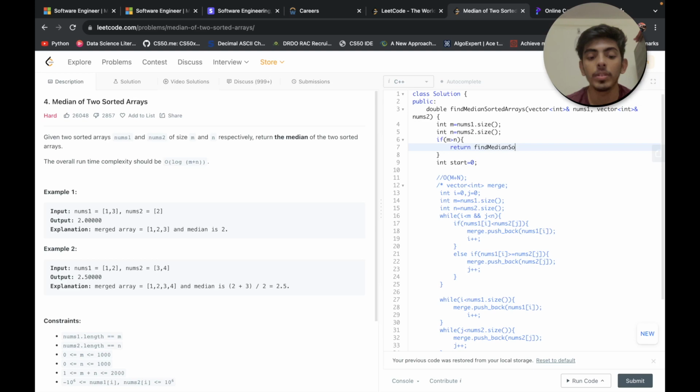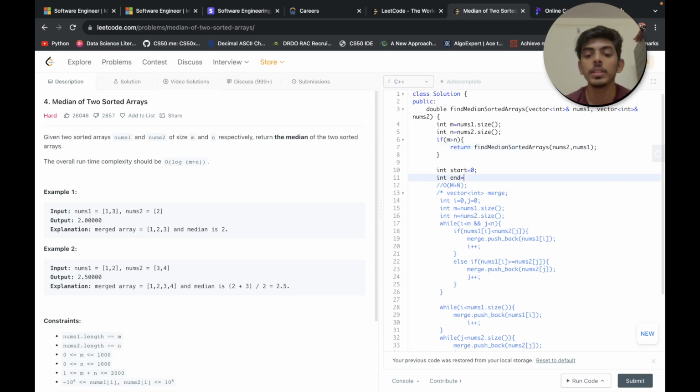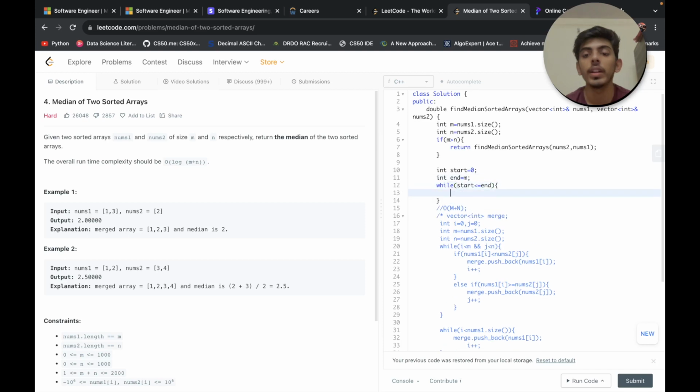After that, we'll simply declare int end equal to m, right? We'll consider while start is less than or equal to end. Why have we taken m? Because we are supposed to consider either no element in the left or all the elements in the left.